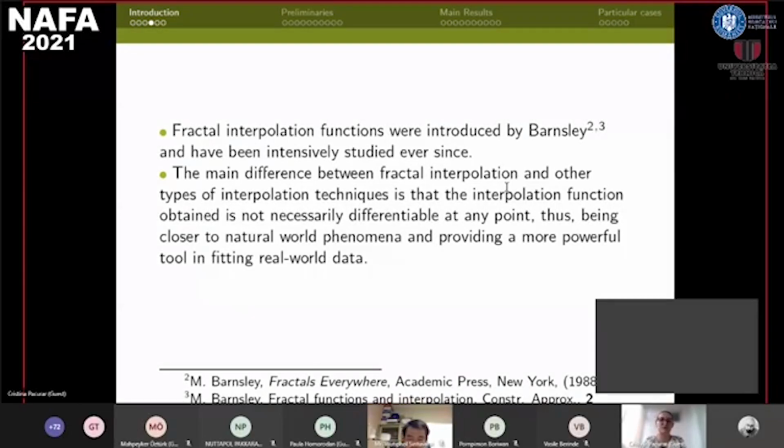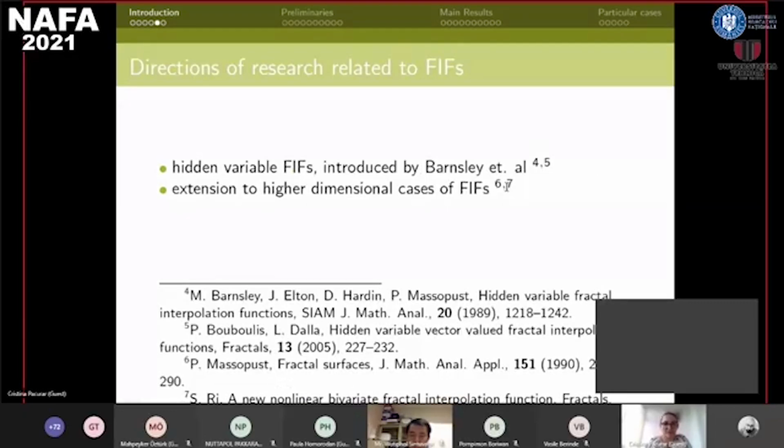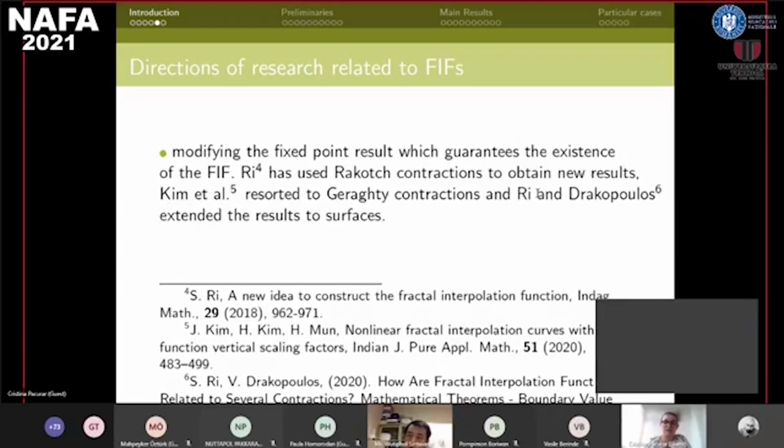The main difference between fractal interpolation and other types of interpolation techniques is that the result of the interpolation, meaning the continuous function, is not necessarily differentiable at any point, thus being closer to natural world phenomena and providing a more powerful tool in fitting real-world data. Among the directions of research related to fractal interpolation functions, we mention the one by Barnsley related to hidden variable fractal interpolation. There have also been extensions to higher dimensional cases, and another more recent direction of research is due